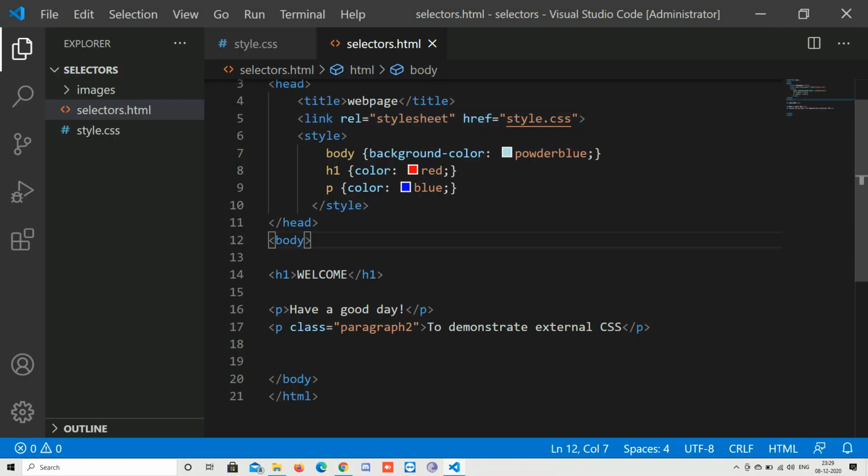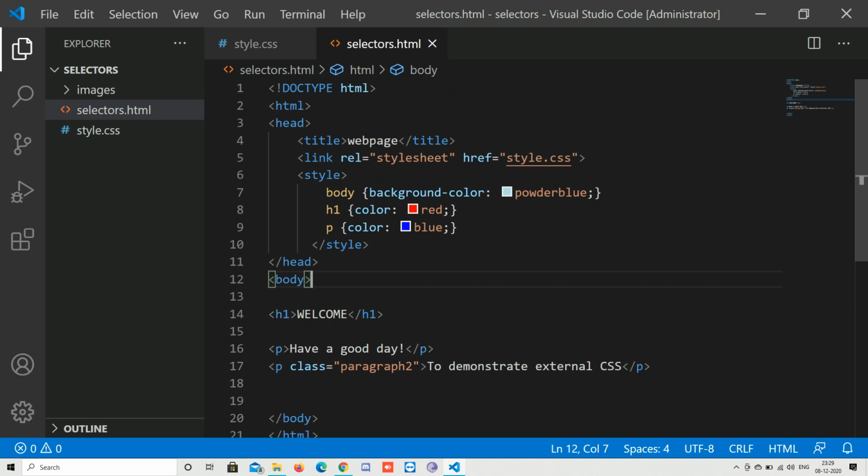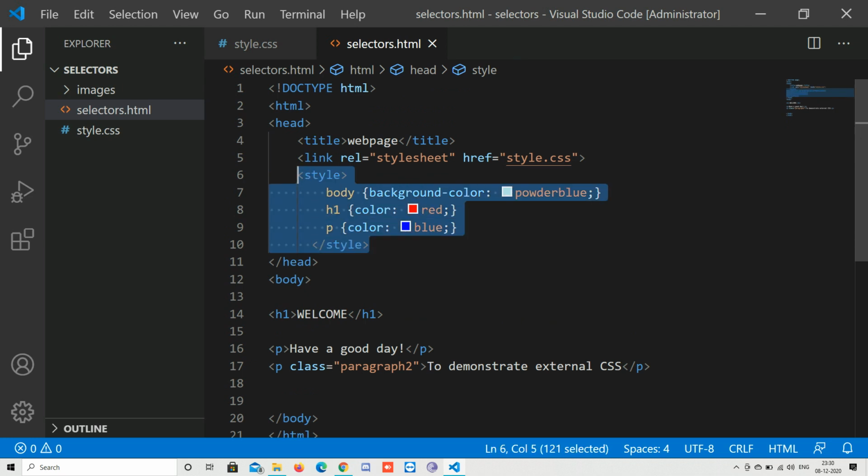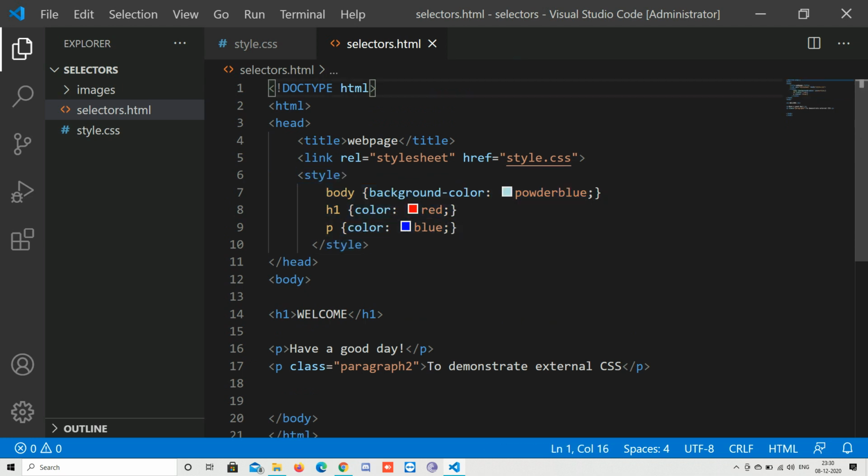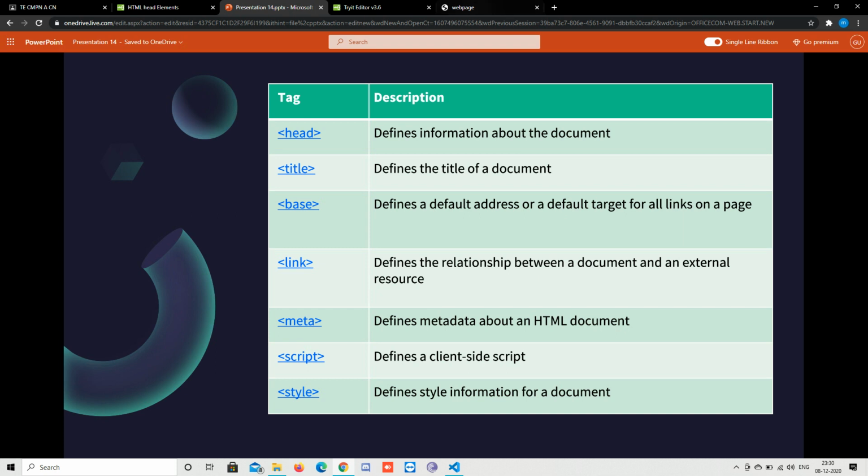For example, in this code, I have included the three elements, that is the title element over here, then the link element, and the style element. So whatever I write inside the title opening tag and the title closing tag will appear in the browser toolbar, that is over here.